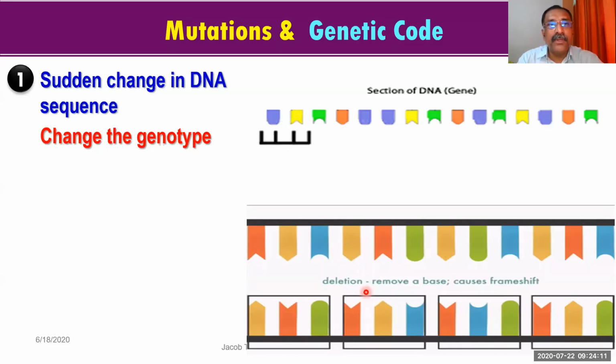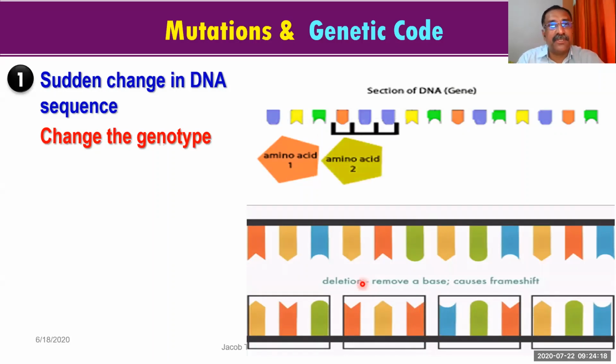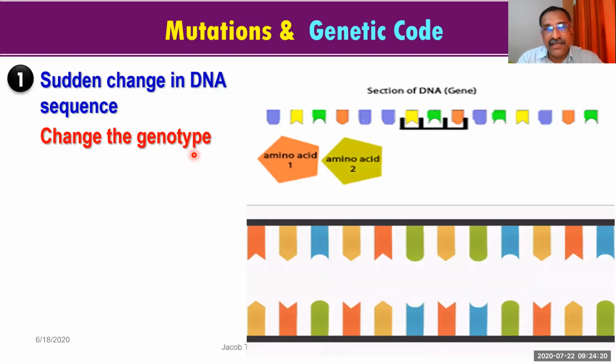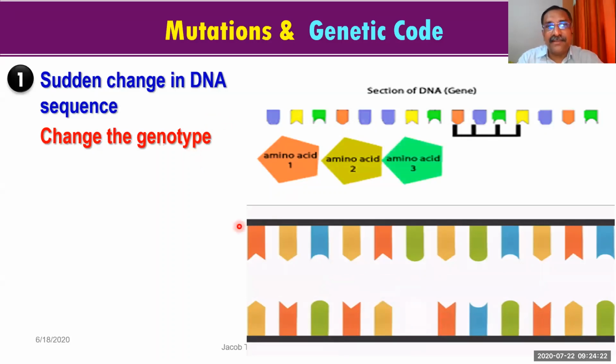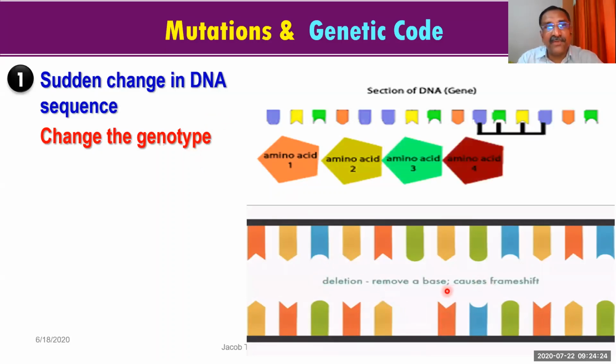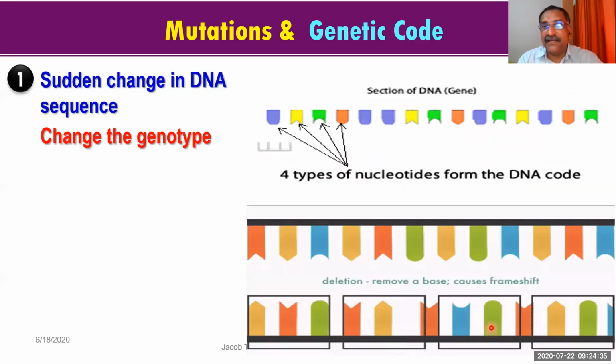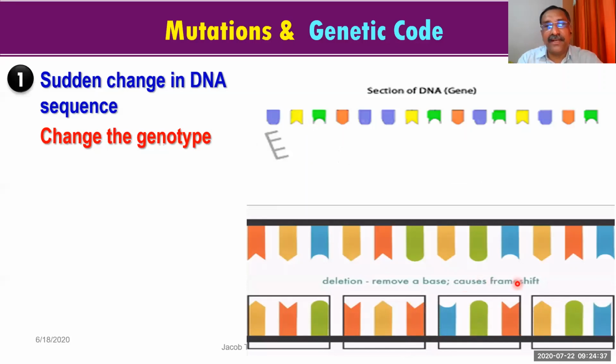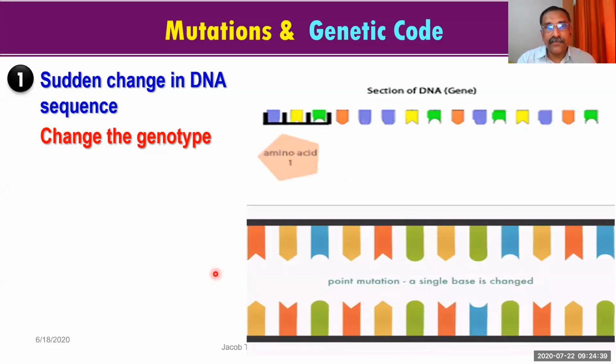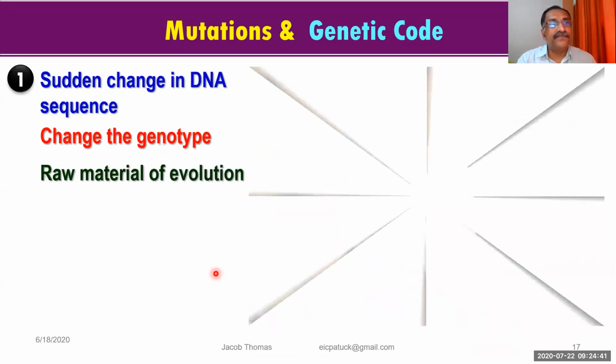Now I told you what is mutation. Then second, we have seen what happens because of mutation. Because of mutation, the genotype will change, the character will change. And then I told you that there are different types of mutation. Out of that, one you have seen now, that is called point mutation, in which one nitrogen base is getting deleted, removed, and that results in shifting of the other nitrogen bases. Okay, now look at the next one.